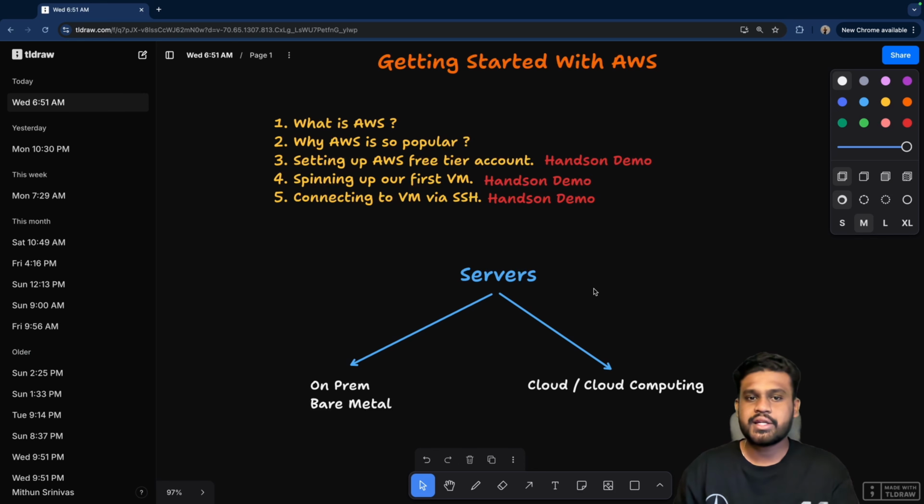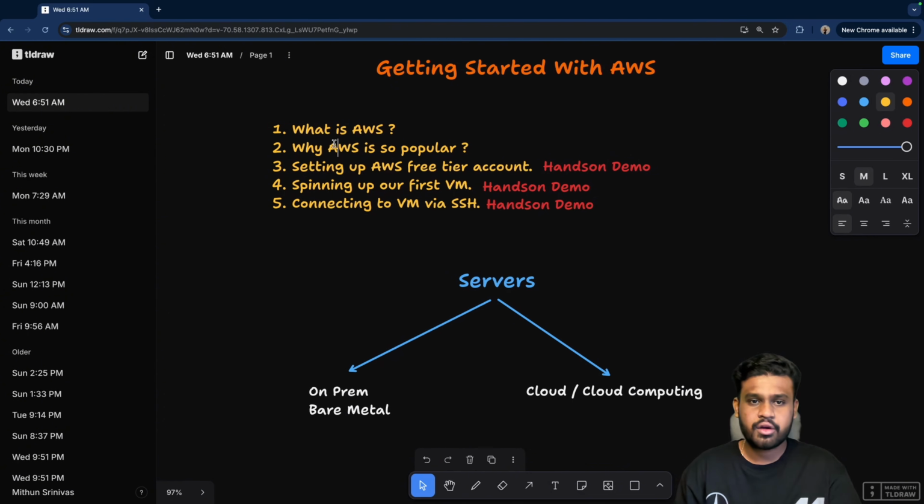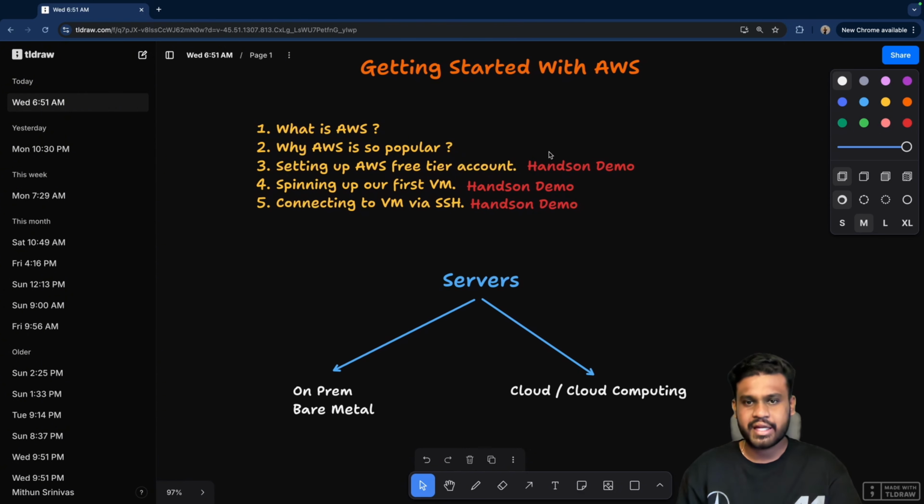Okay, so that is why for any beginner, even today, I would recommend them starting with AWS. If you are comfortable with one cloud platform, then moving to another will not be that difficult. I am not going to say it's the same, but it will not be that difficult. Okay, great. So this is the whole introduction to this part. If you know this much, it's quite a good thing.